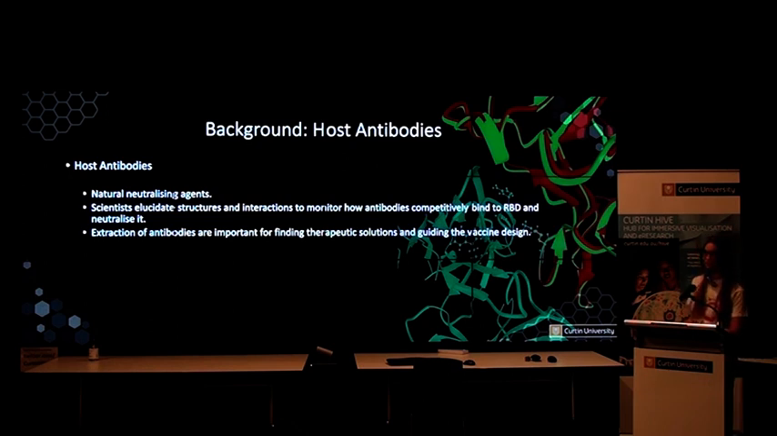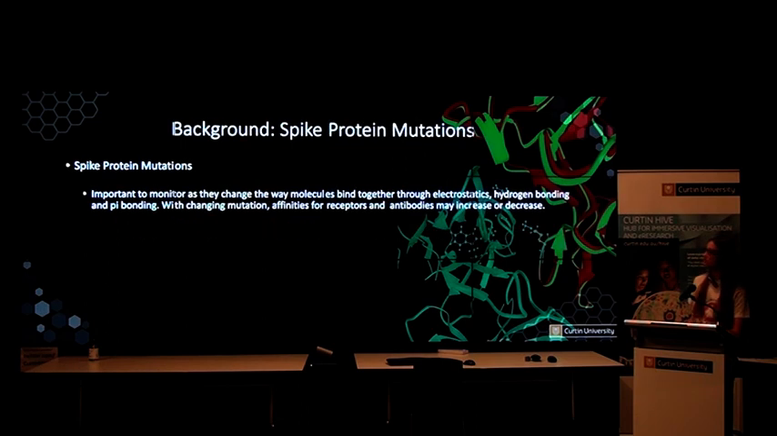So antibodies are the body's natural neutralizing agent. So scientists elucidate structures and interactions to monitor how antibodies competitively bind to RBDs and neutralize, so the RBD is a spike protein, just reminding again. The extractions of these antibodies are important to find therapeutic solutions and guiding the vaccine design. So we have the mutations lastly, which are important to monitor as they change the way that the